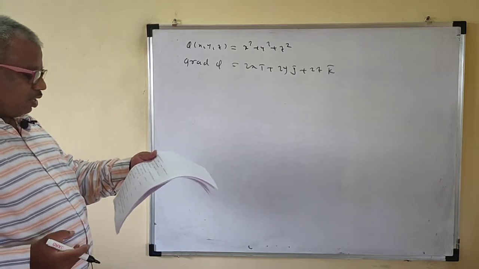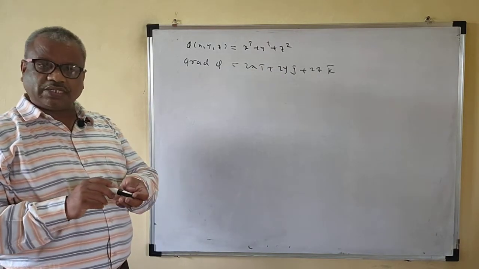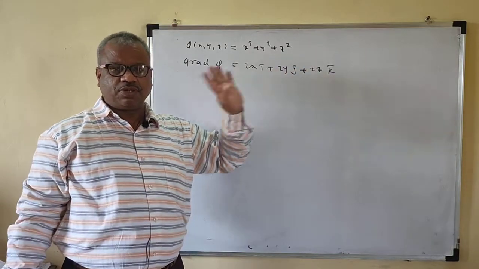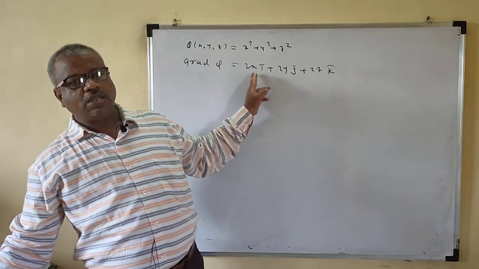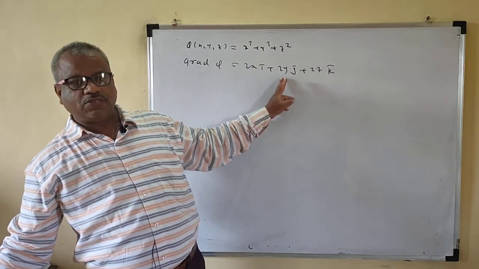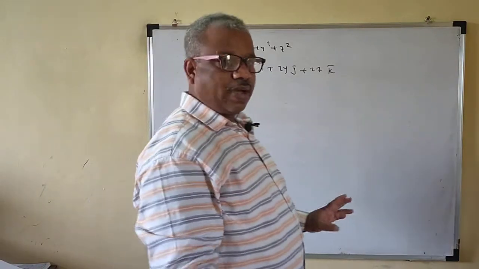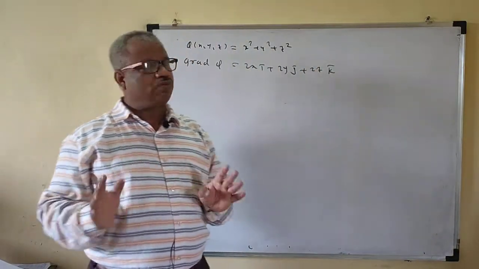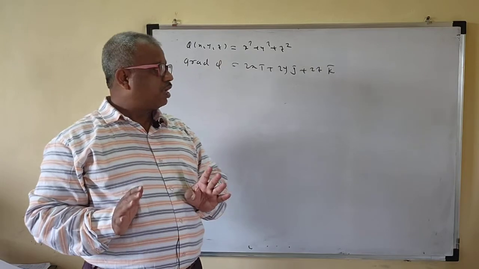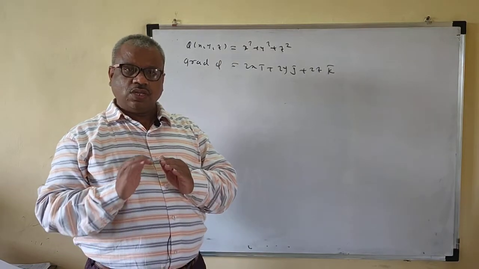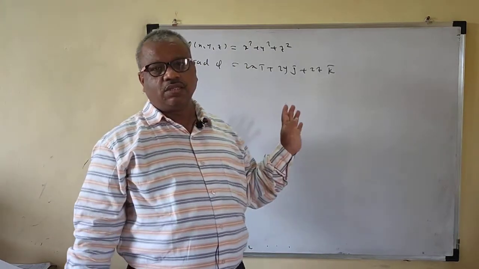Easily you can obtain the value of this one. So I hope that you can do any problem on the gradient. If a problem asks for the gradient, you just have to differentiate partially with respect to x, y, and z to find all three components. The first component, the coefficient of i bar, comes from differentiating with respect to x, then y, then z. So I hope we have completed this revision. Whatever remains, you have to do with the formulas. Be clear about the formulas and the straightforward definitions. Read all the points of the books carefully. I hope that you understand today's lecture. So we stop here. Thank you.